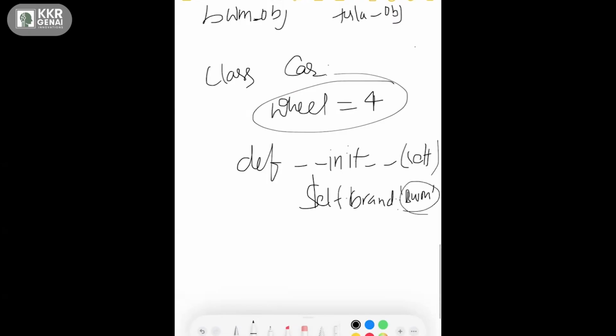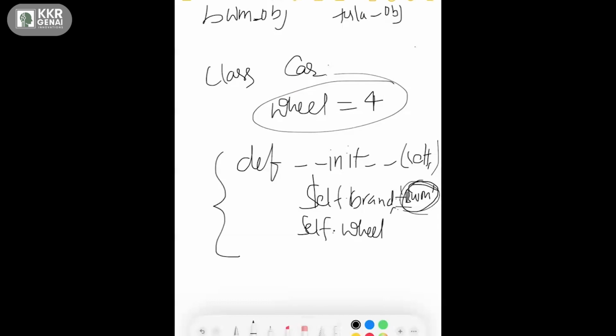See, here I'm doing manual work, assigning all the values manually. But if you want to do it properly, whenever you are creating an object you pass the values and capture them here. That is how we generally do it, but due to time constraints I'm hard coding it. So what happens if you create 10 objects like this? All the brand names would be BMW. With this code, if I create any number of objects, all the values are the same.